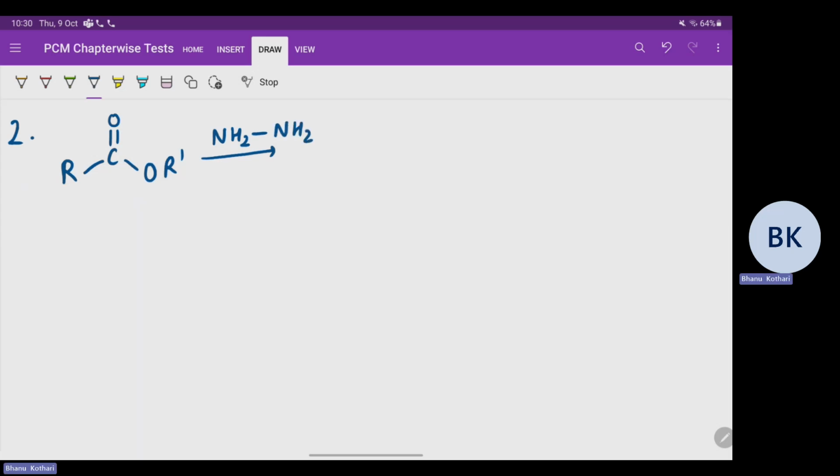So what will happen? Here, a nucleophilic substitution will take place on the carbonyl group. It will form a tetrahedral intermediate, which will collapse and the ester group will depart. Okay. So the product that we'll get will be